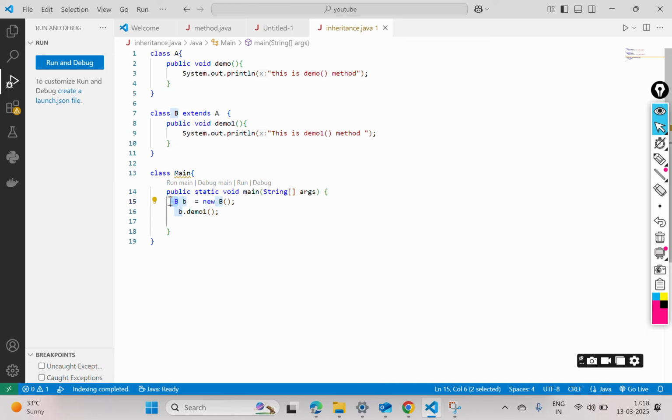The reference variable equals new is used to create the object, so you are calling the constructor here. Using the reference variable, I can call whatever functions are inside this class. Now I am calling demo one. Let me run it.